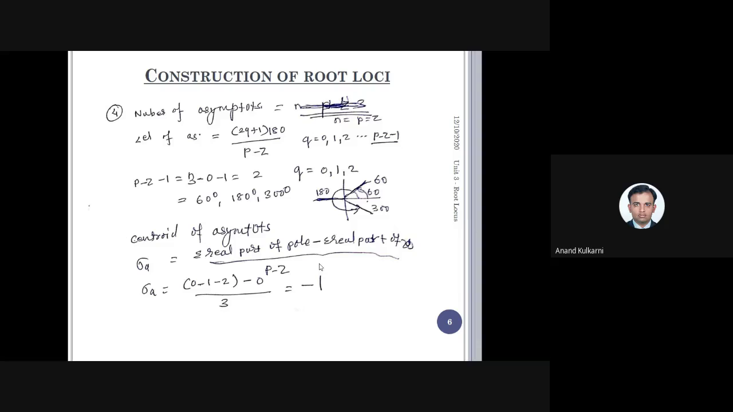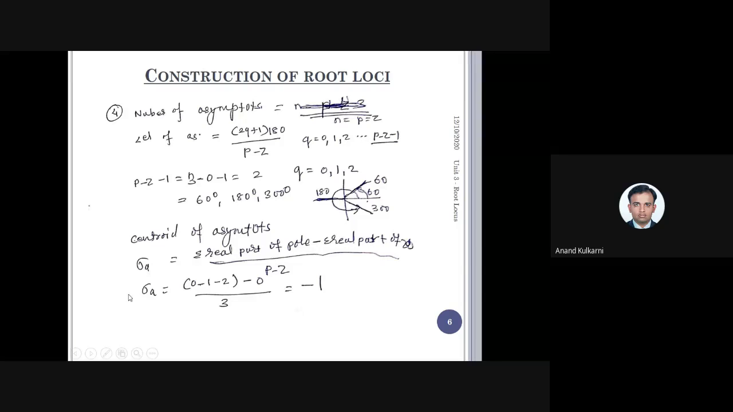This is rule number 4. This rule can be split into 3 different rules: the number of asymptotes, the centroid of asymptotes, and the angle of asymptotes. In some books, these are grouped under 3 different rules. Rule number 4, number of asymptotes. Rule number 5, centroid of asymptote. Rule number 6, angle of asymptote. This way you can increase the number, but as everything is related to asymptote, I have grouped it into one category only, that is rule number 4, which will calculate 3 things,